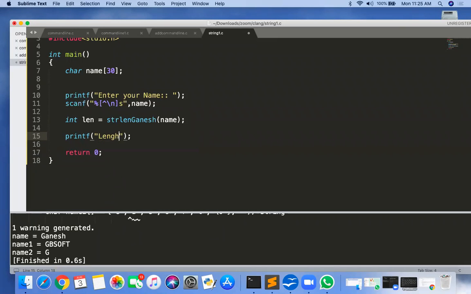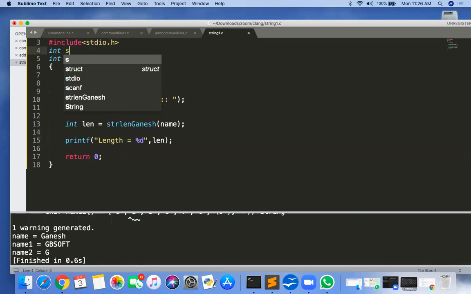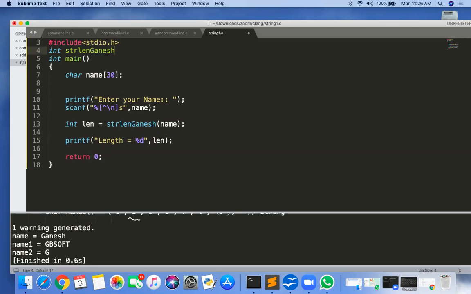So length is equal to, %d comma len. So the prototype is strlenGanesh and it takes one character pointer p.